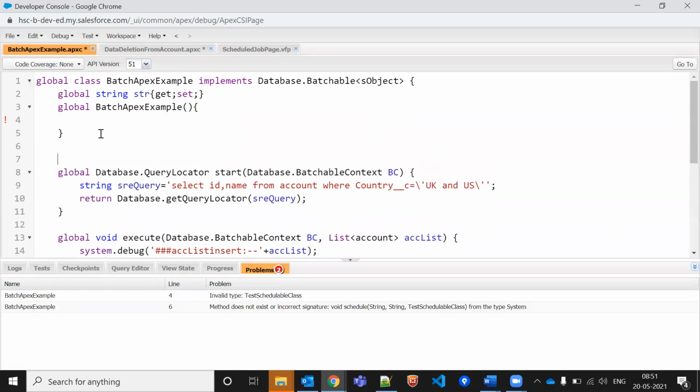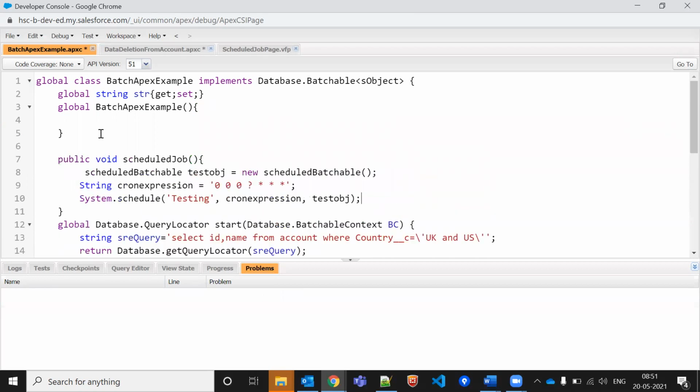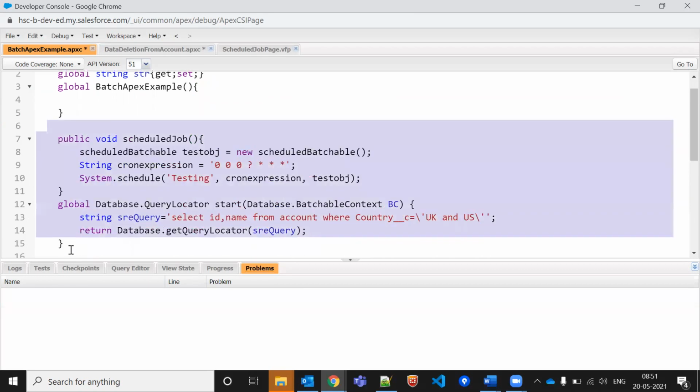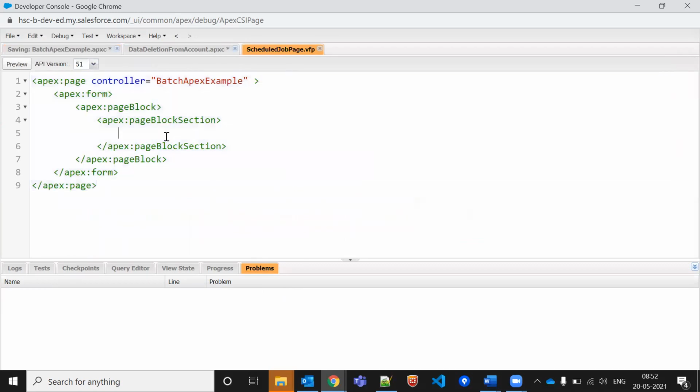We can say it's a public void schedule job. Let me just copy this method and we'll go to Visualforce page. Let me create one action here.